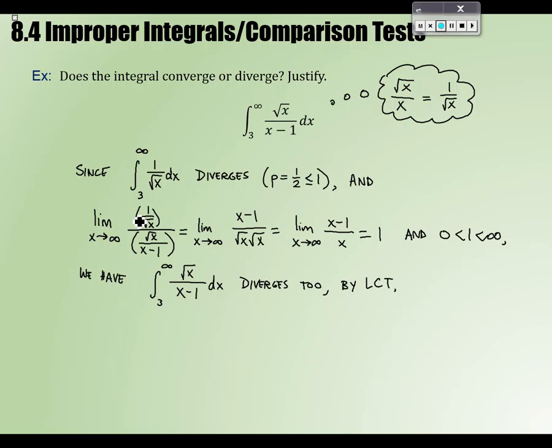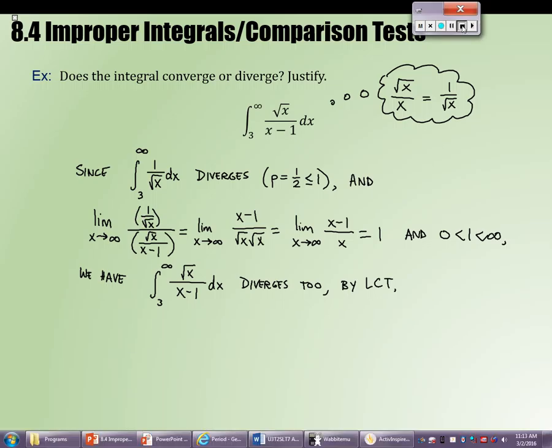If this diverged, well then so must this. Done by the LCT, right? So can you like relate this to big